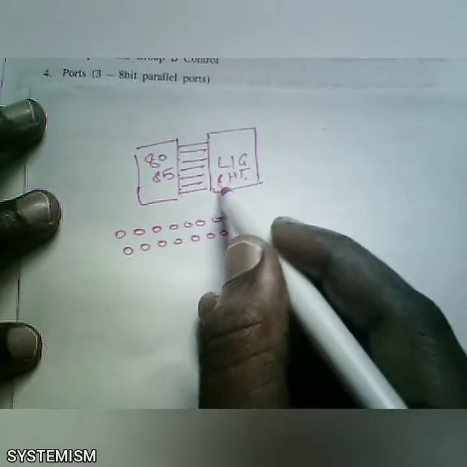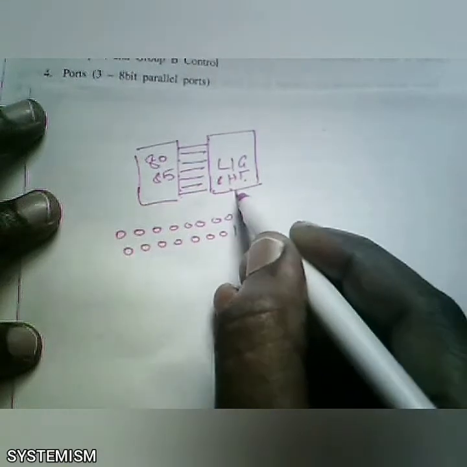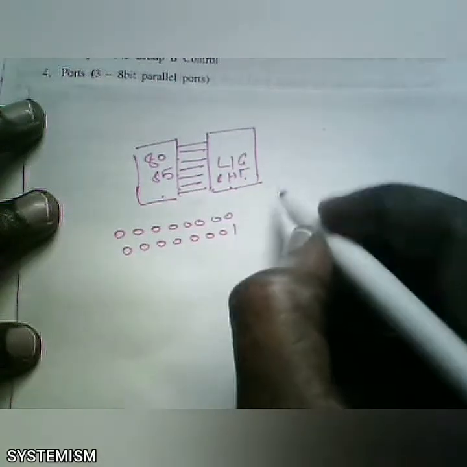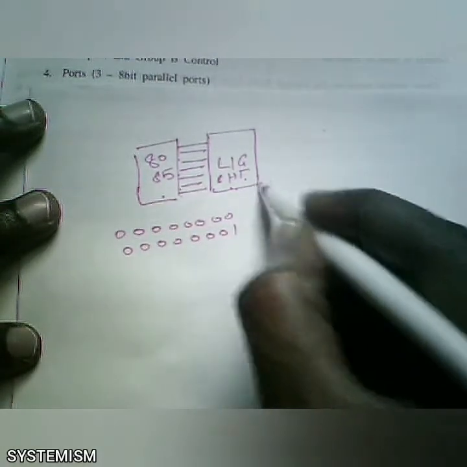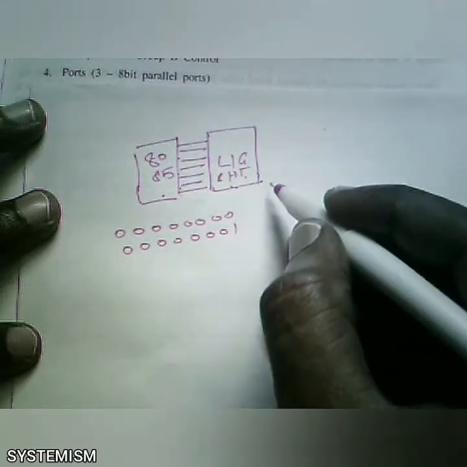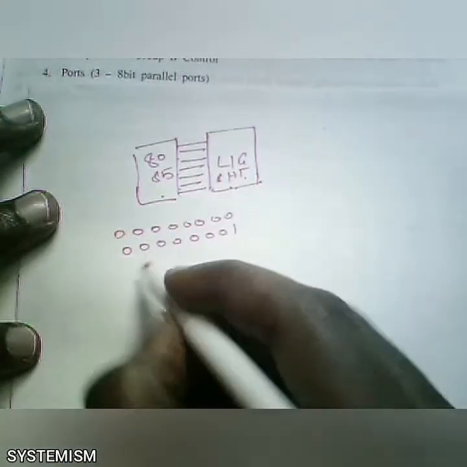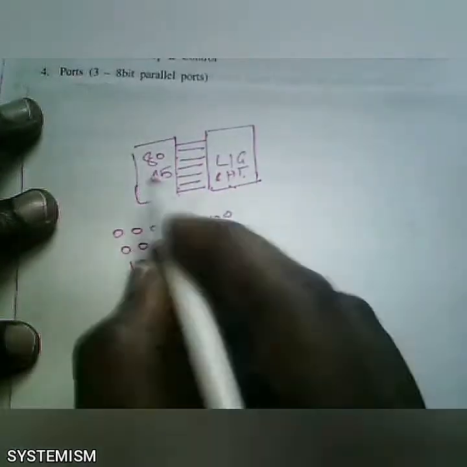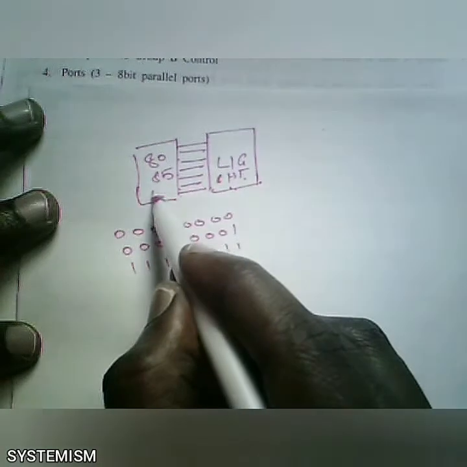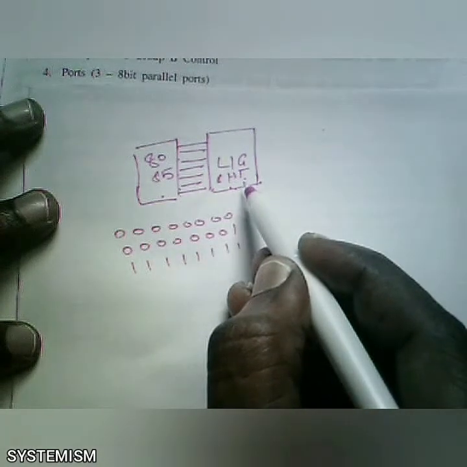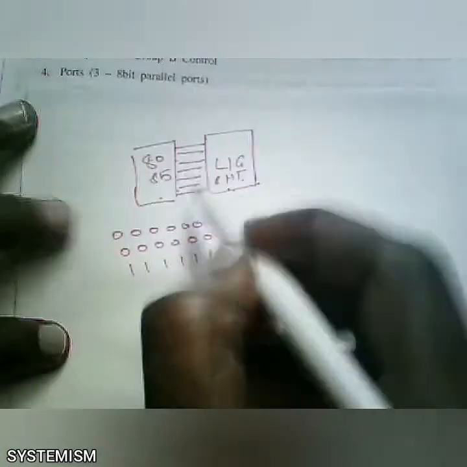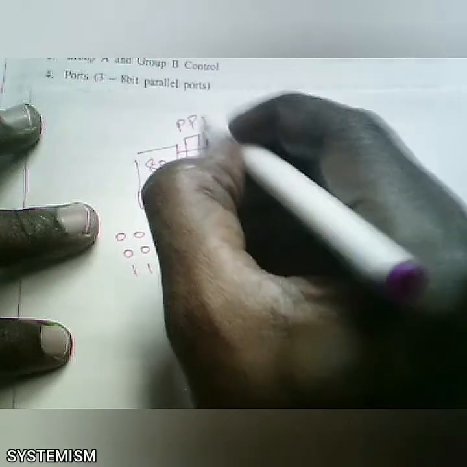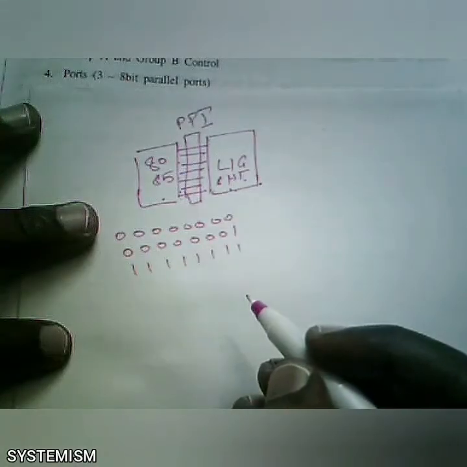If you want to take data from this IO device to the 8085 also, we need parallel communication. If this light is glowing to the maximum, the data you can get from this light is 11111111, isn't it? So this is a parallel communication between the microprocessor and this light, the IO device. This can be carried out by means of the programmable peripheral interface, PPI.